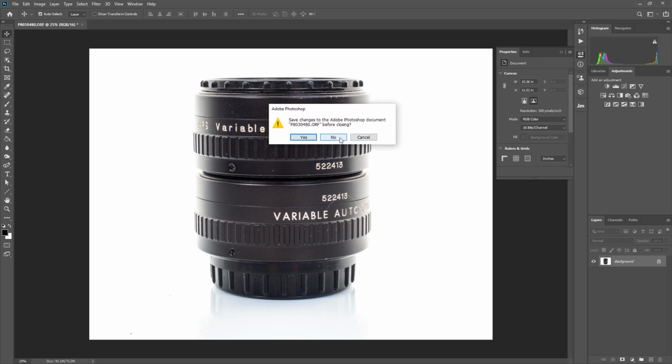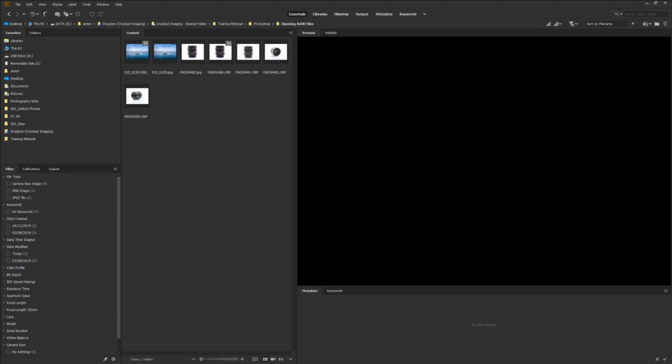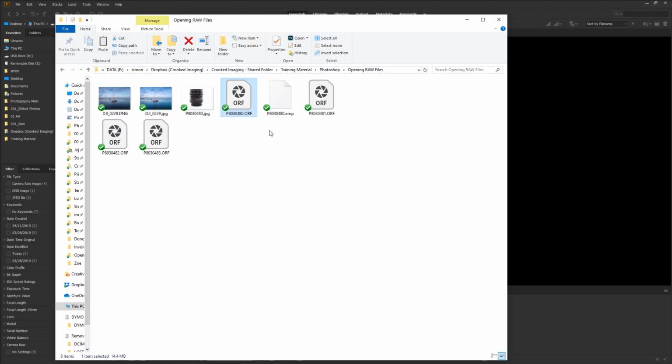Now, the difference with the Olympus RAW file, and this would be the same for Nikon or Canon, is that we have created a side file. So we can see there we've got the 480.orf, and now we've got a 480.xmp file. Now that is kind of like a piggyback file to the raw file that we've created, and that is what contains all the edits. So it is completely non-destructive again, as I say, so it hasn't done anything to the raw file that's come